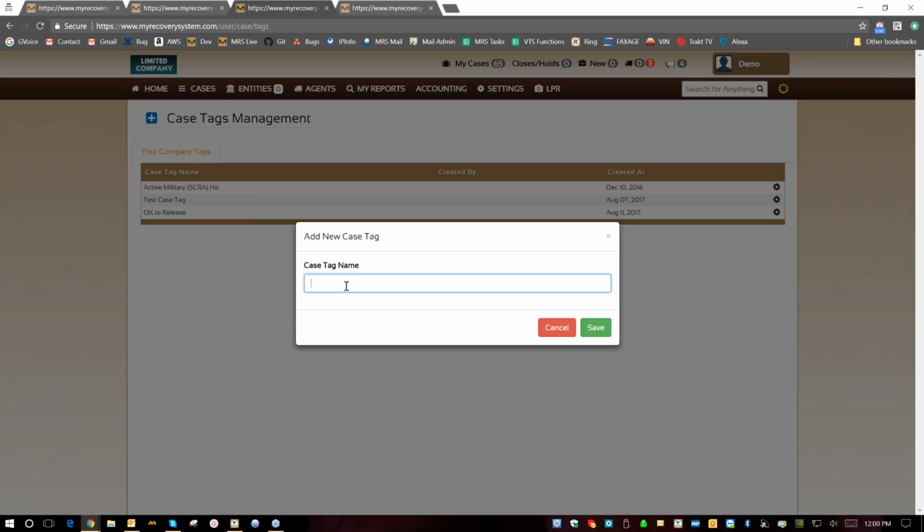Now, the administrator of your account is the one that can create case tags. So we don't turn that on for everybody. You wouldn't want just anybody in there typing anything stupid. So just the administrators can do it. Type in skip,